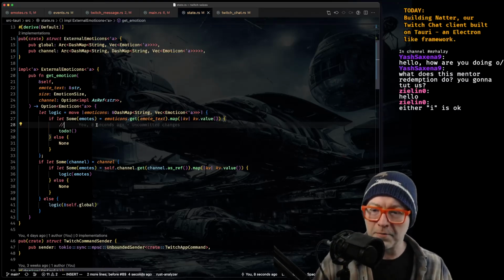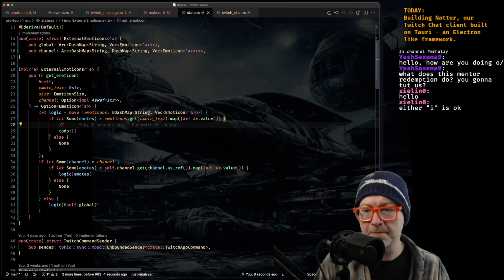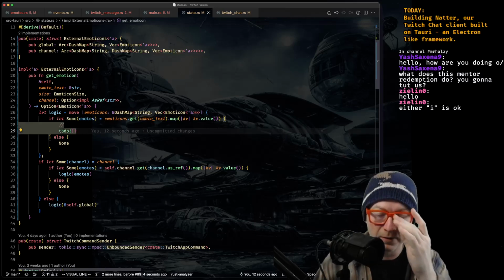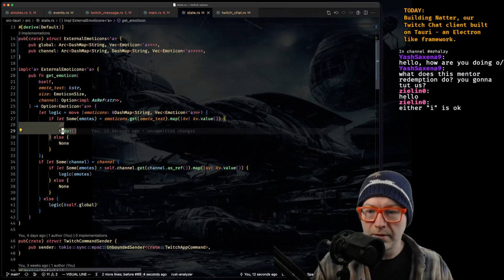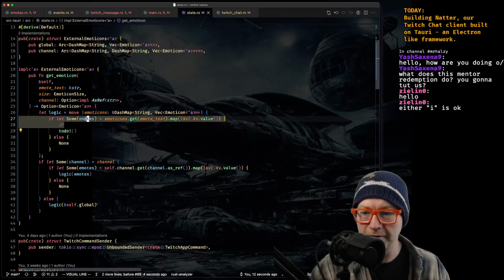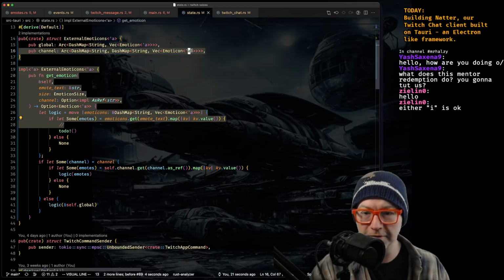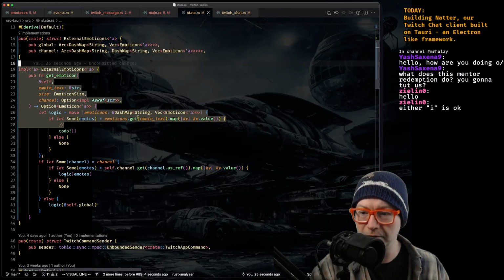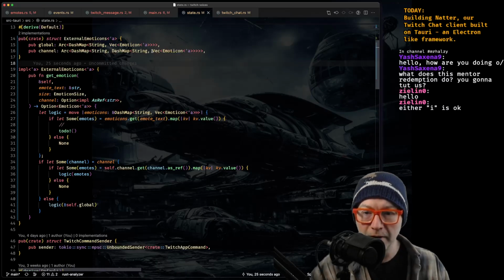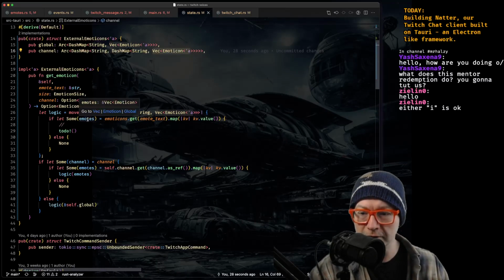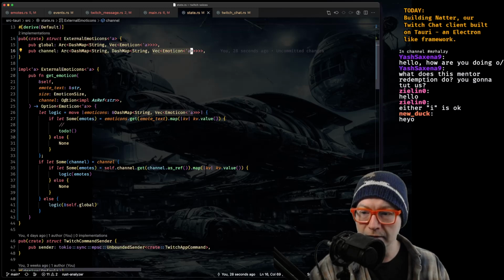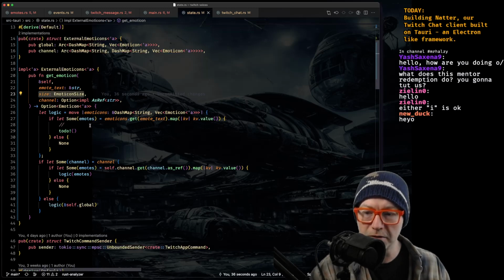Okay. Now in this case, we can actually start to look them up. Great. Okay. So once we have some set of emotes, right? At this point, it's a vector of emoticon. Wow, why is that highlighting everything? So we'll have our vectors of emoticons there. And we need to look up the size in there. So we'll find the closest one and return that.